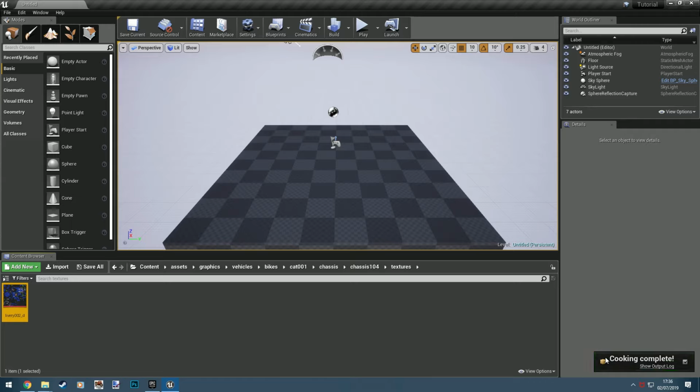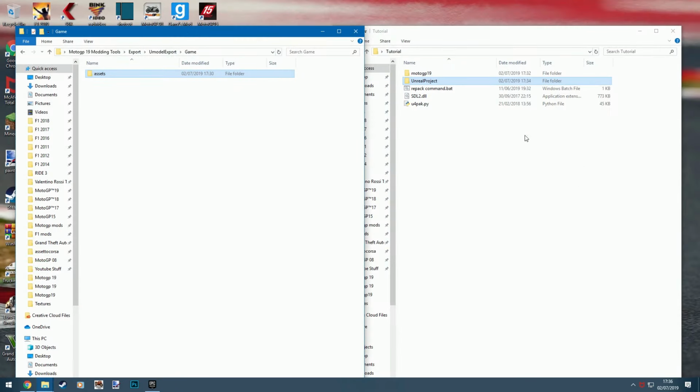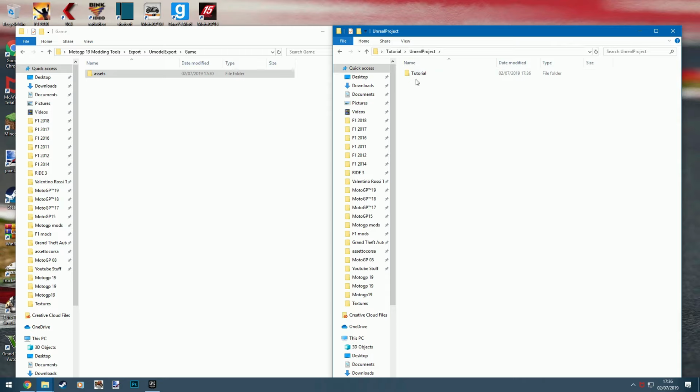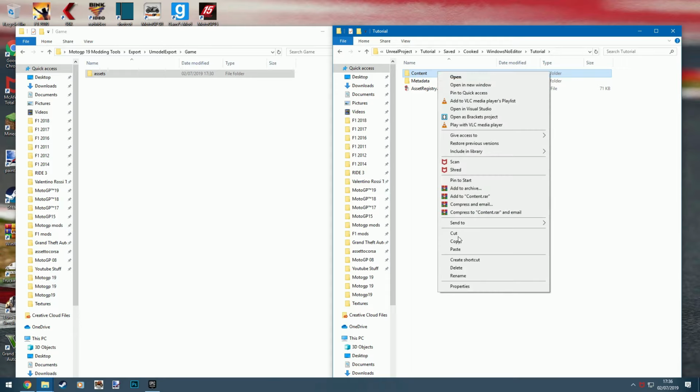See there, it is now done, so we can actually close this, and should be all alright. So then what you want to do now is go to the Unreal Engine project file, tutorial, saved, cooked, Windows no editor, and obviously because it's called tutorial, it's in tutorial, and you want to get this content file, right click it, press copy,